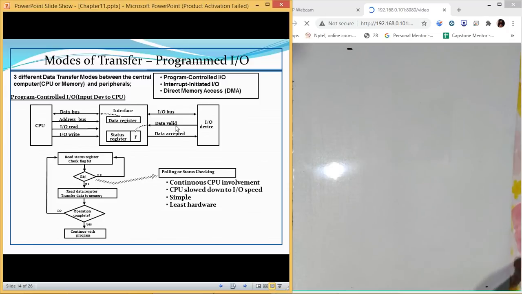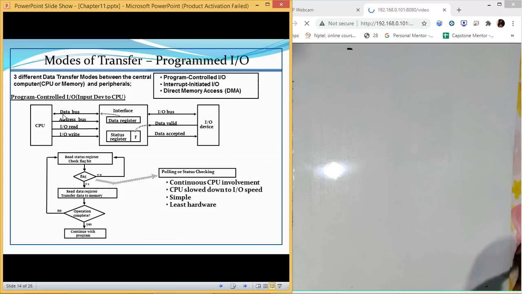This is done using either handshake or strobe. In this example, we use a handshake mechanism to transfer the data from the input output device to the interface. Once the data is in the interface, we use the interface transfer to move the data from the interface to the CPU.